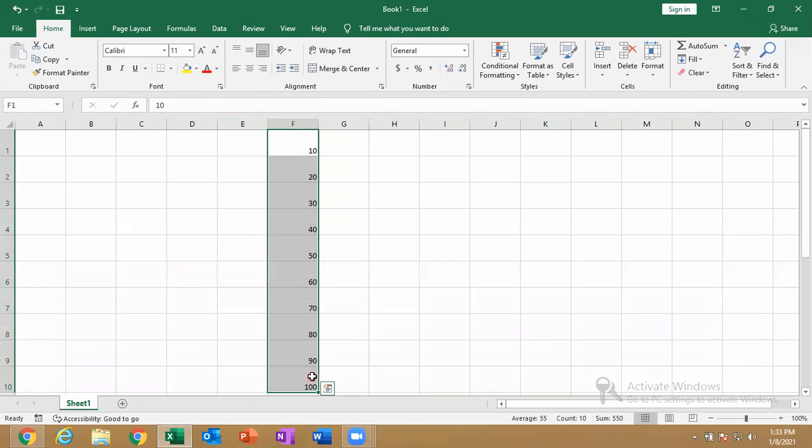Okay, now select only this much. And now here, just click on the top. Okay, this is top alignment. This is middle alignment. And this is bottom alignment. Three positions: top, middle, and bottom, then left, center, and right.